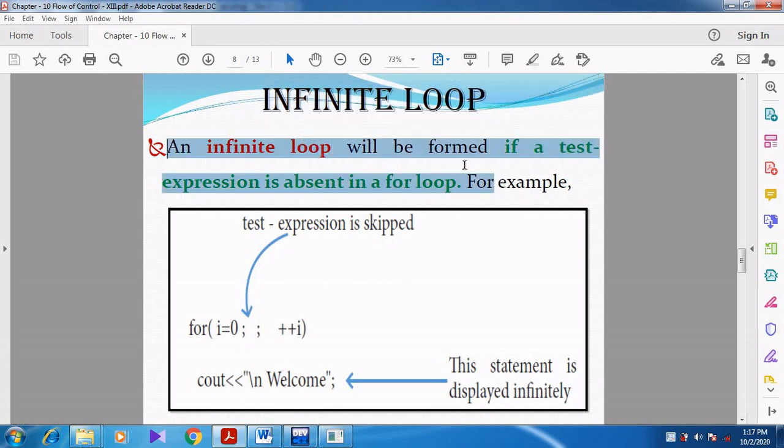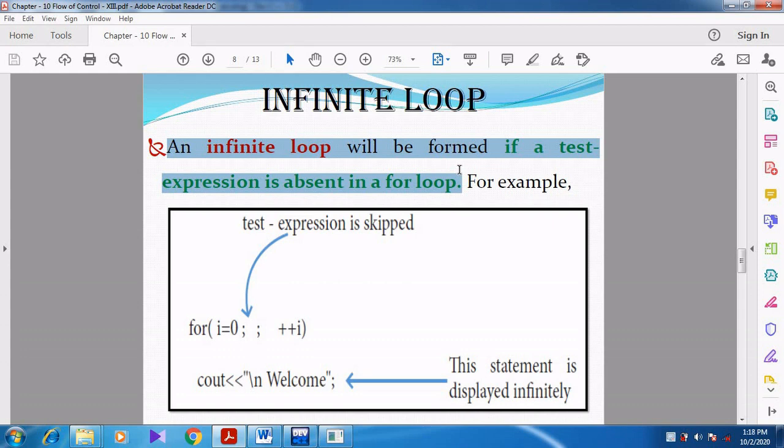An infinite loop will be formed if the test expression is absent in a for loop. Whenever the for loop does not contain the test expression, that loop is called an infinite loop. Can you understand, students? Whenever we are not giving the condition in the for loop, that particular loop is called an infinite loop.